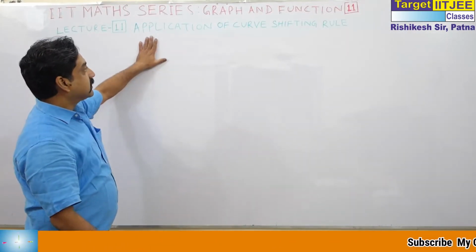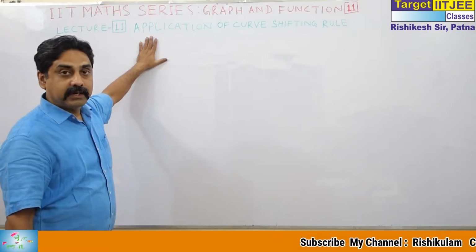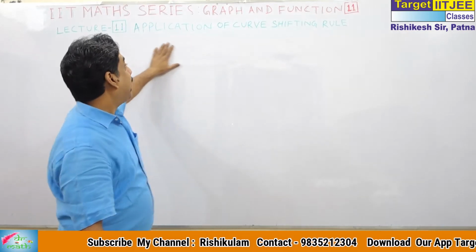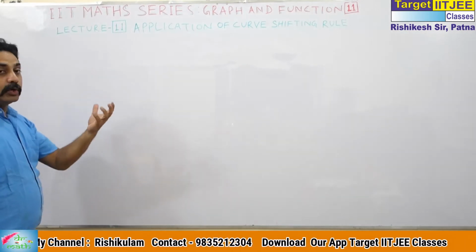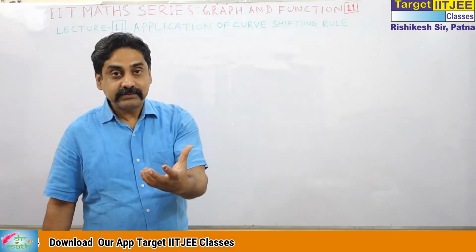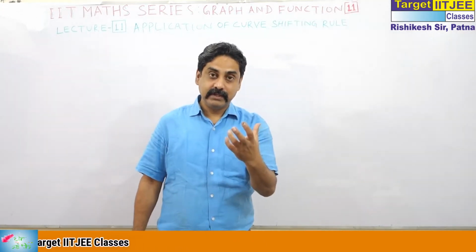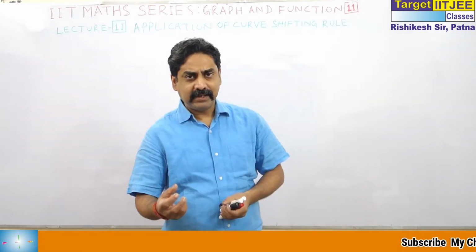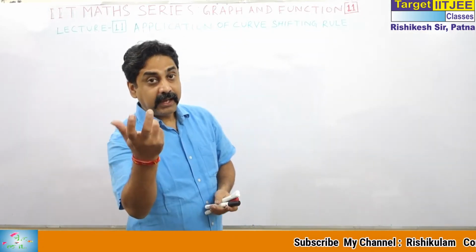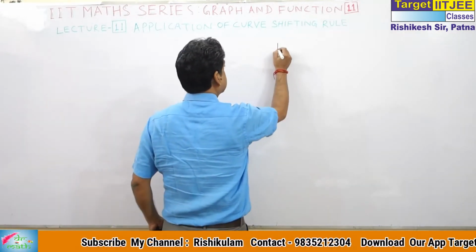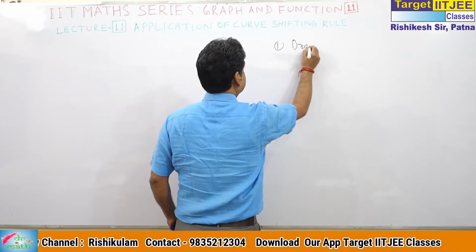In the previous class, I did the rules of curve graph transformation, or curve shifting, and now I will do 2 or 3 or more rules together to get an interesting curve. See how to draw a curve. We can draw curves in many ways, but let's see how we use curve shifting. Suppose we have to draw this one.